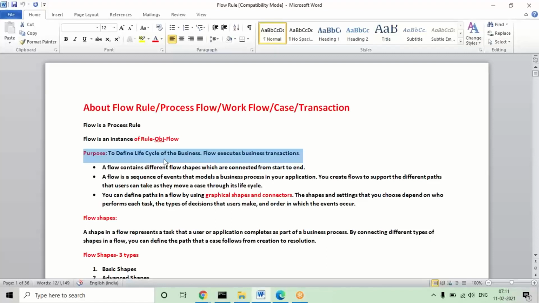In one session you cannot understand all the shapes, but going forward we'll be doing more examples. At that time, which shape we need to use and what is the purpose of that shape, you'll understand in the coming scenarios. Today we'll understand how to map the UI design in the flow, how to give the connections, and what settings we need to do to compile the flows.